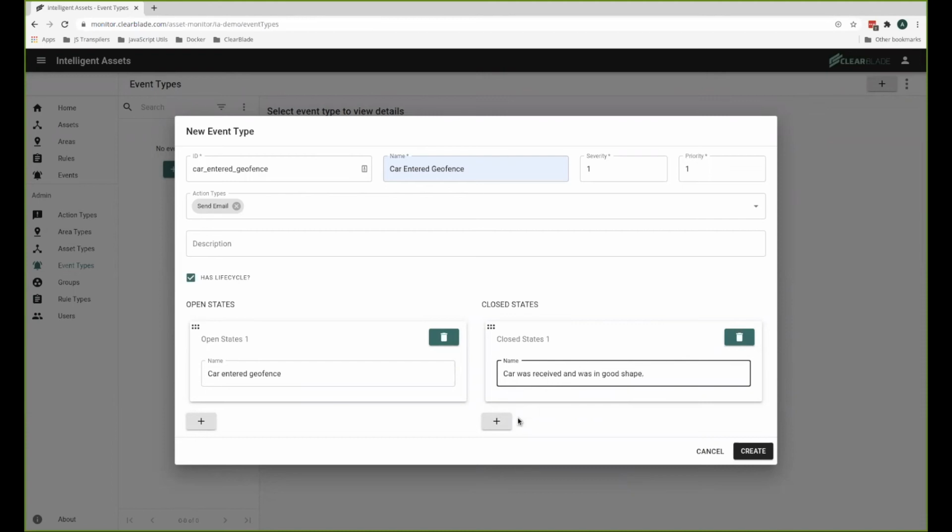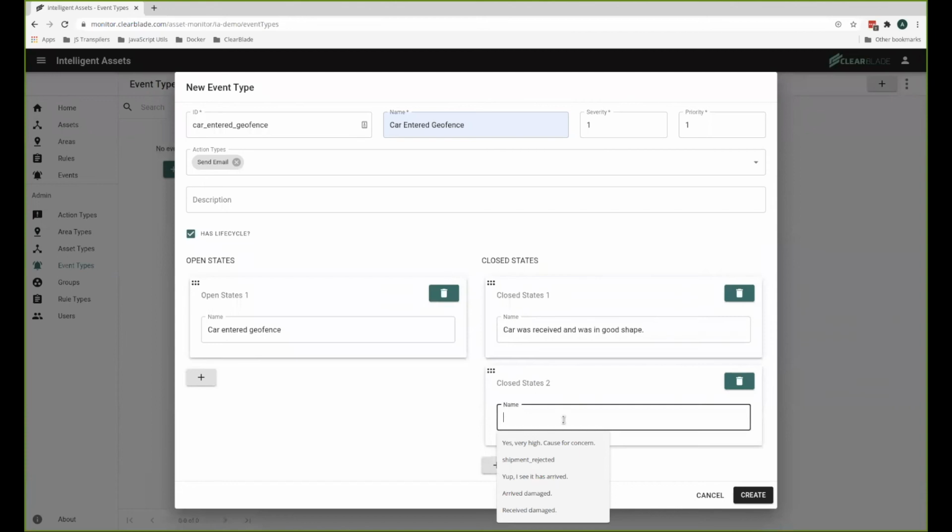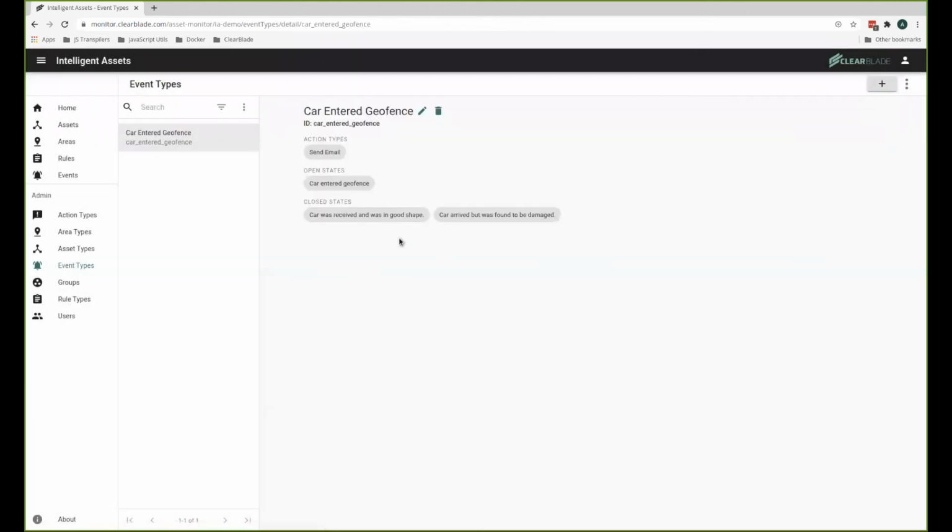And I'll add one more. Car arrived but was found to be damaged. So the idea is when the event occurs, a human being will actually have to choose which of these two closed states best defines the state of the asset at that point. So I'm going to go ahead and create my event type,